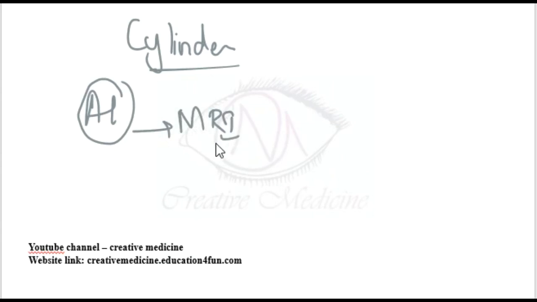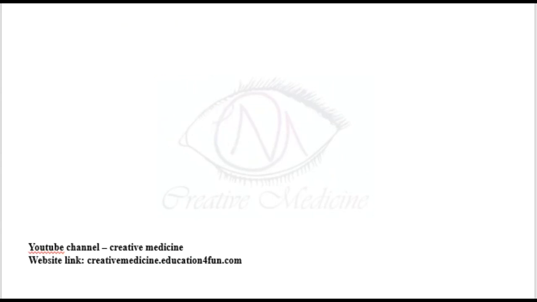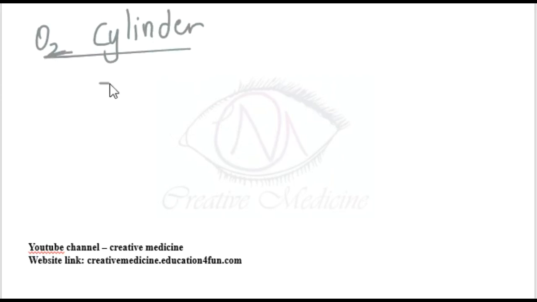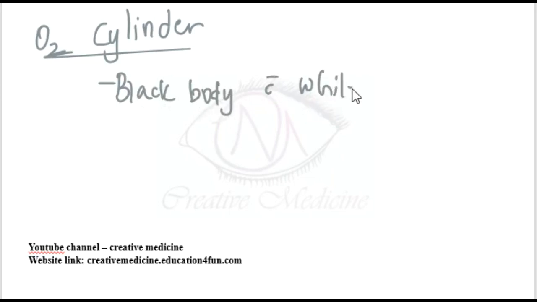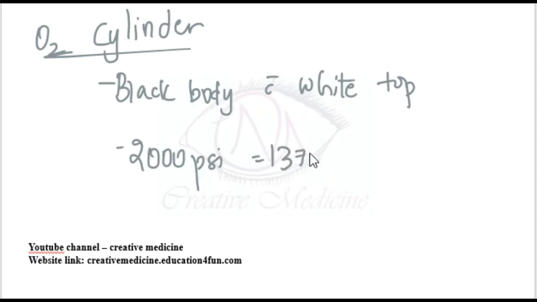Oxygen cylinder. The color of oxygen cylinder is black body with white top. Oxygen cylinder has a pressure of 2000 psi, that is pound per square inch, that is equal to 137 kilogram per